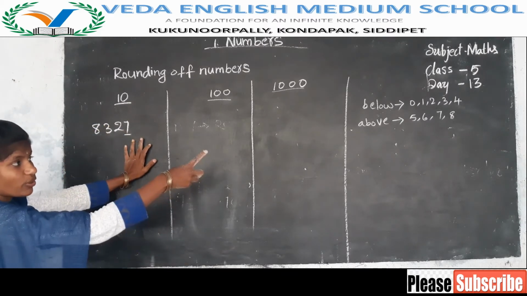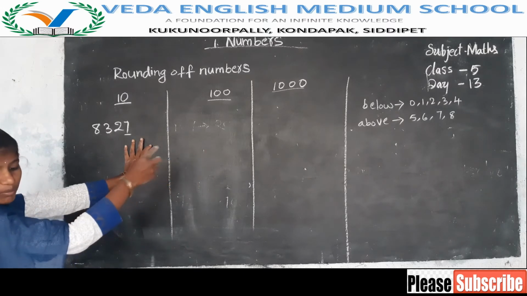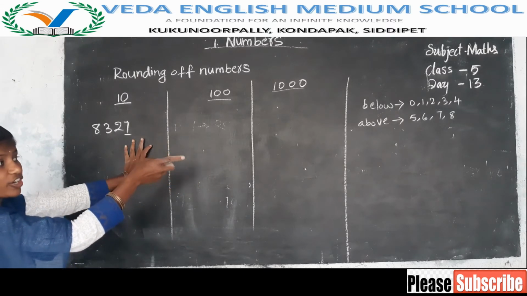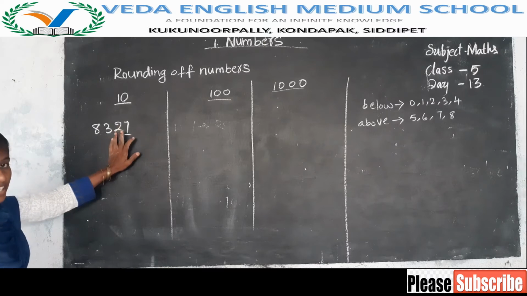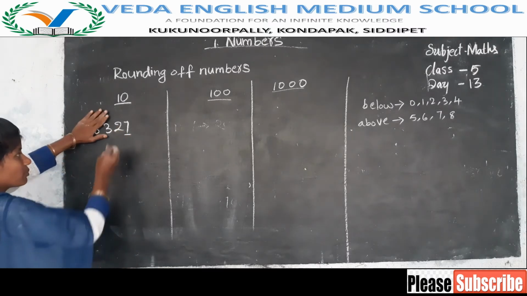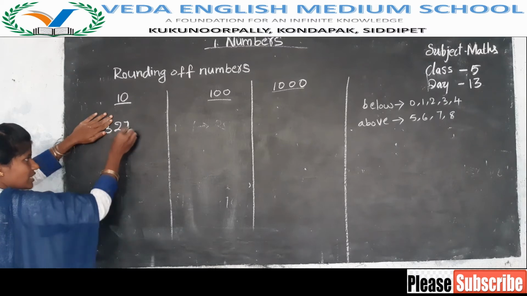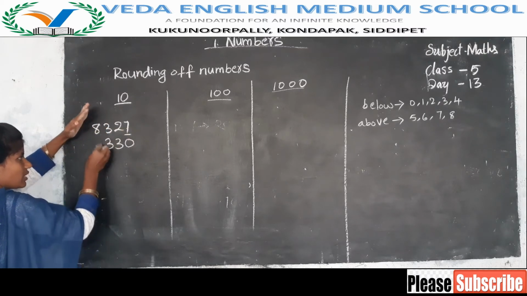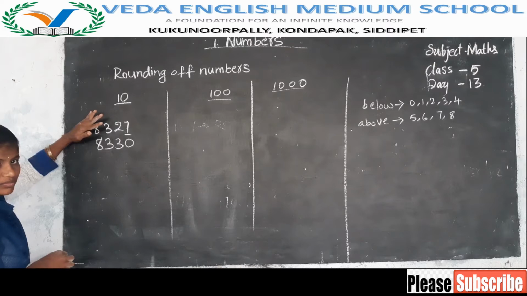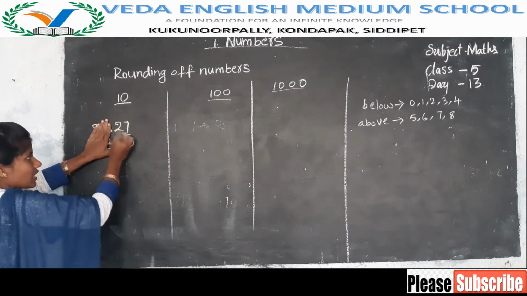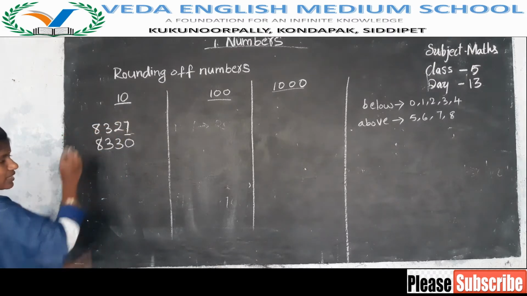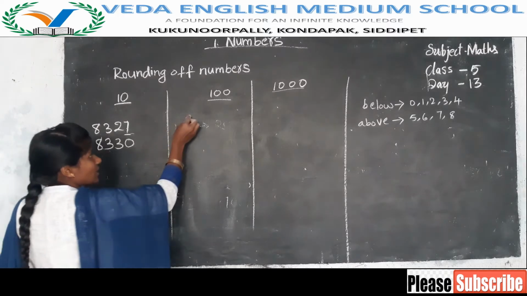7. 7 is above 5 number or below 5 number? Above number. If the number is above 5, then what you have to do? You have to increase the next number by one time. Now increase cheyandi, 2ని one time increases 3, and in ones place you have to write 0, and remaining numbers are like that only. Only ones place anadi kabatti up to these two are enough. You have to write remaining like that only. Same number nearest hundreds.